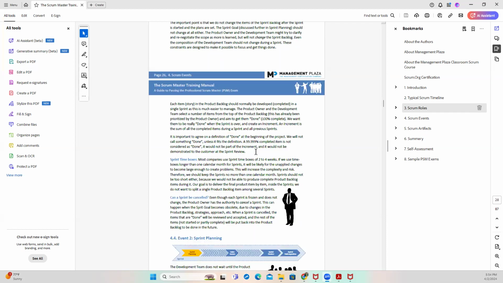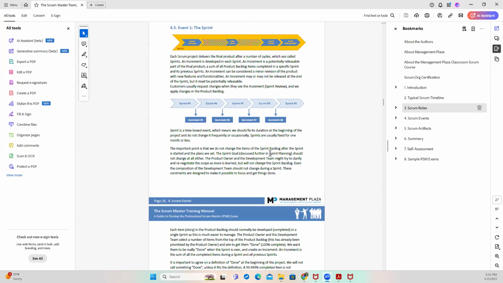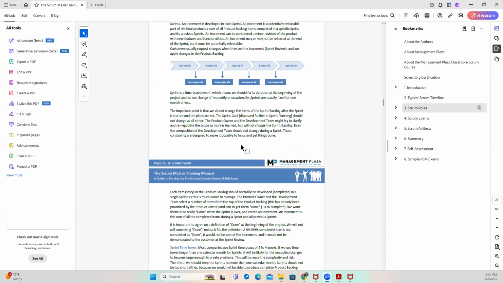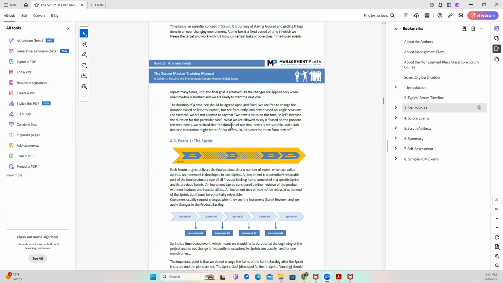So that's what happens during a sprint. So you can have sprint 1, sprint 2, sprint 3. How long are sprints? 2 weeks. Sprints are 2 weeks. I think I should find it somewhere here. I was supposed to highlight it and save it. But basically sprints are 2 weeks long, 2 to 4 weeks long.